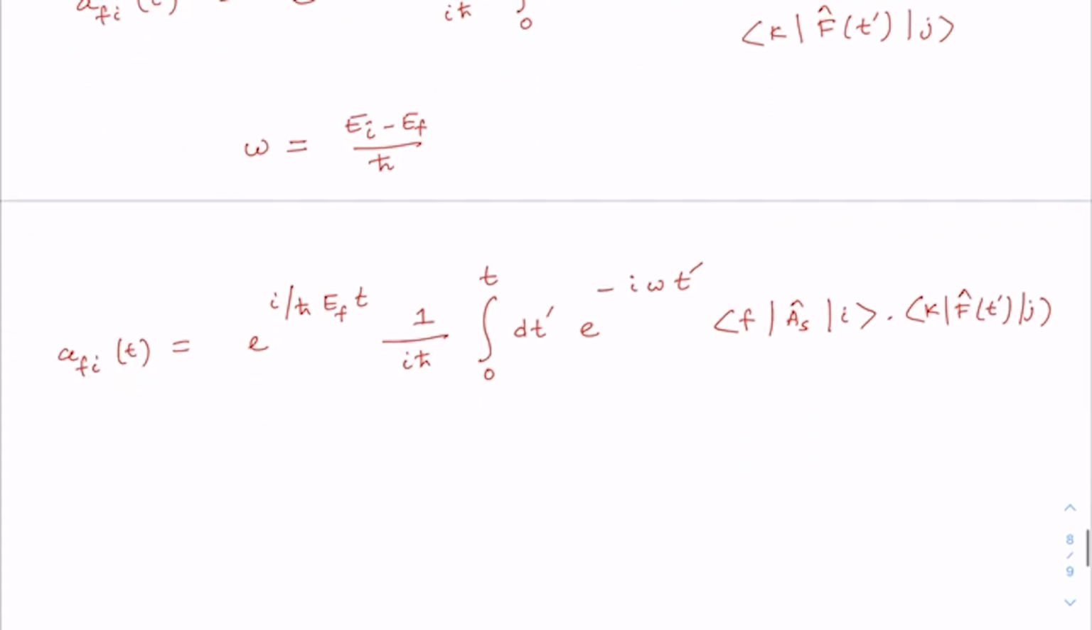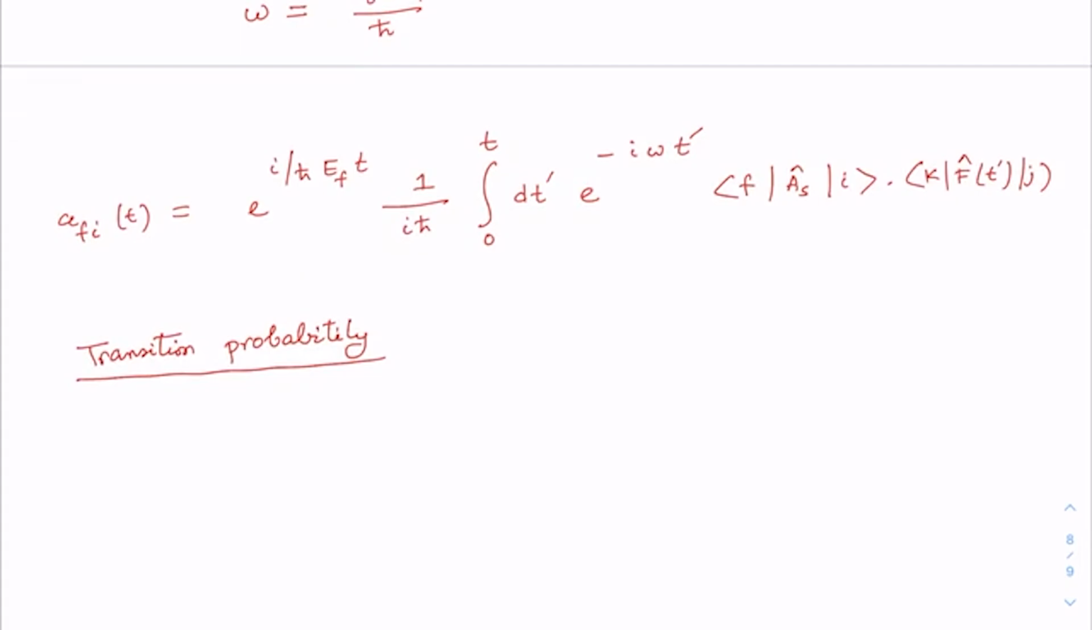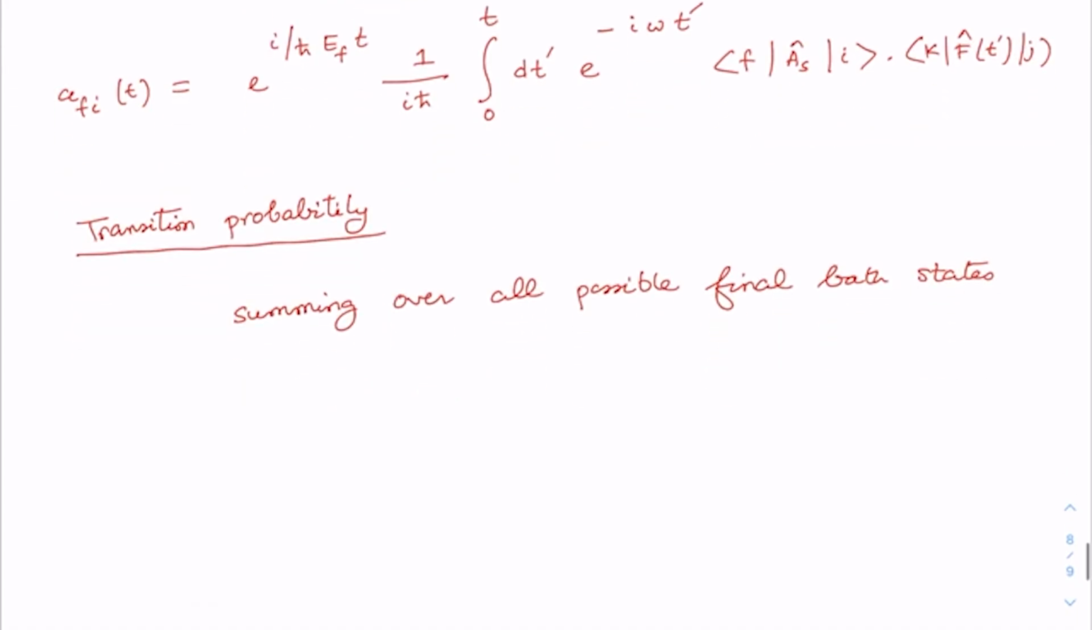Alright, now we are ready to calculate the transition probability. We can now calculate the transition probability between the system state |i> to |f>. For this, we have to sum over all the possible final Bath states. We can write the transition probability Gamma_fi as the sum over all the final Bath states,